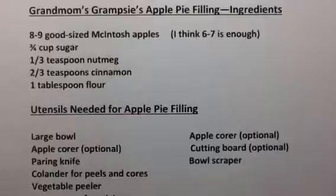Here's a list of the ingredients and the equipment and utensils that you need for making apple pie filling. You don't need to write it down because I've given you paper copies. There's also a list for the pie crust ingredients and equipment. You'll probably want to make the crust first and put it in the refrigerator to chill because...